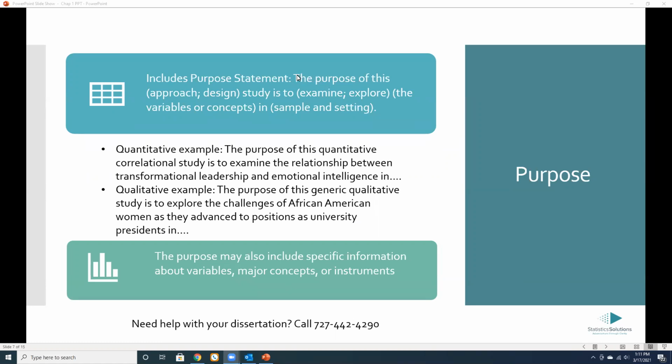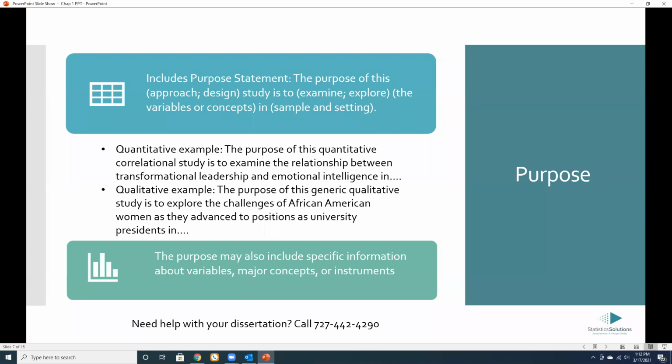And it's usually constructed in this way: the purpose of this, and you ought to put your approach and your design, the purpose of this exploratory qualitative study, or the purpose of this quantitative correlational study. So you get your approach, qualitative or quantitative, and your design in there, is to,